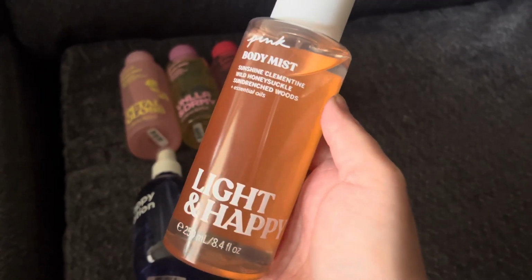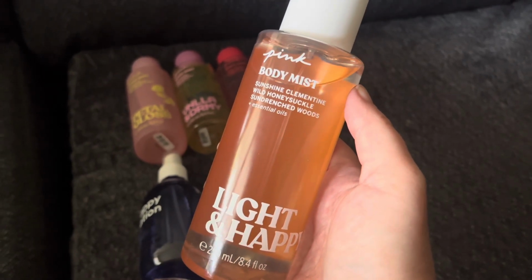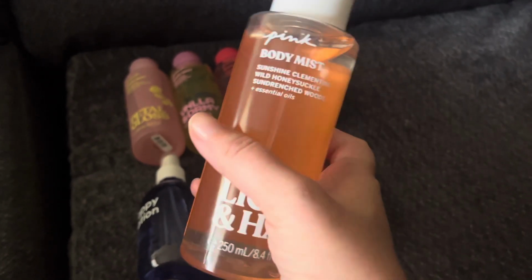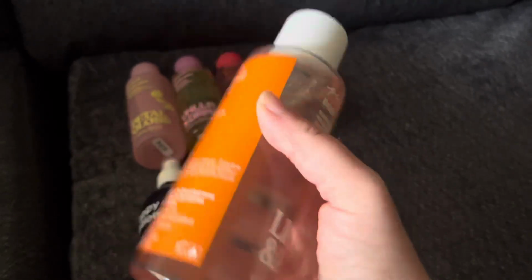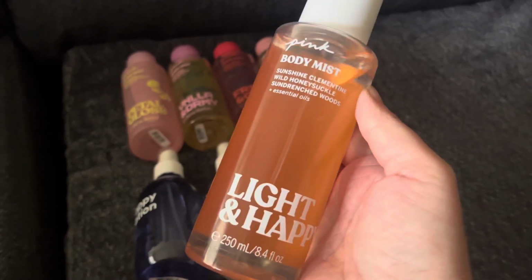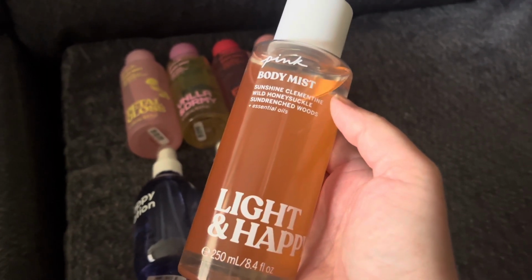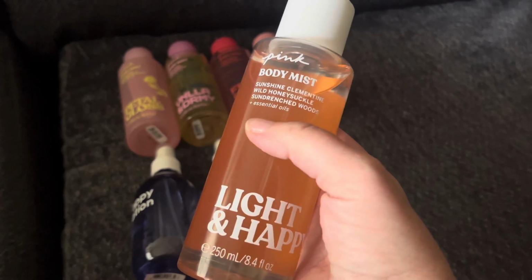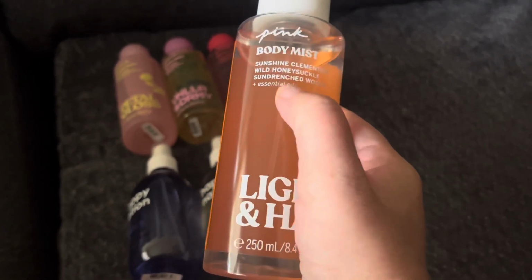This is Light and Happy, and the fragrance notes are Sunshine Clementine, Wild Honeysuckle, and Sun-Drenched Woods. On the back, it says feels like pure joy. So this smells really good to me. This kind of fragrance is right up my alley with the wild honeysuckle in here and the Sunshine Clementine. And I was saying in my review on the Victoria's Secret app that the Sun-Drenched Woods, I can